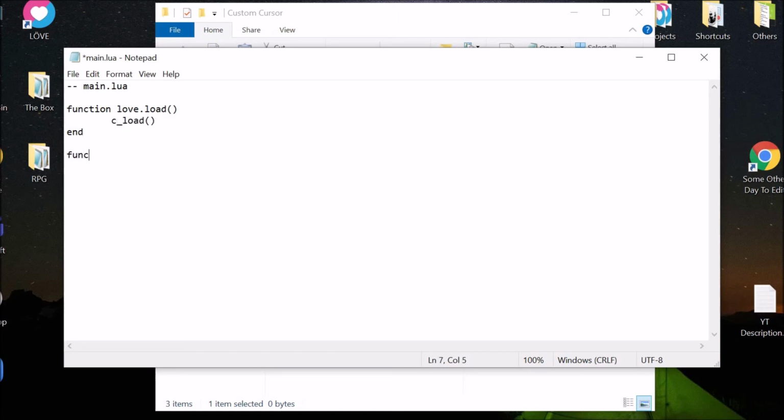Then function love.update, and then C update. Function love.draw, C draw. Function love.keypressed, and yes,